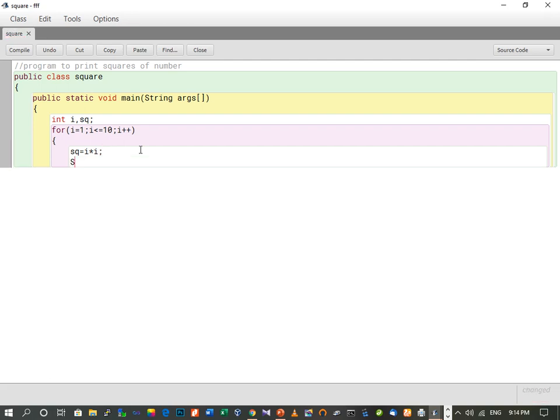So now we will print System.out.println, square of, then which number square we are going to print. So first we will put that, so square of I, then is, plus, we will print